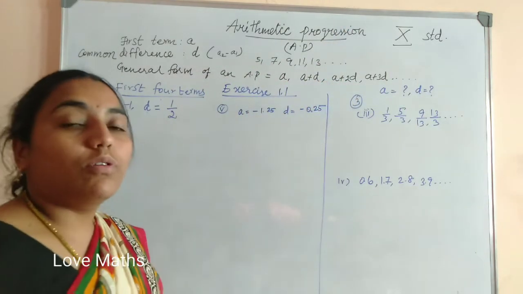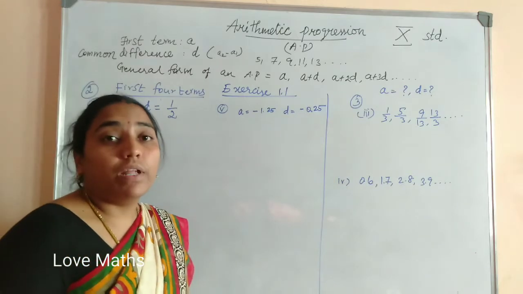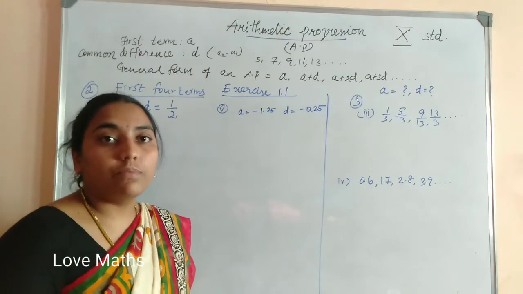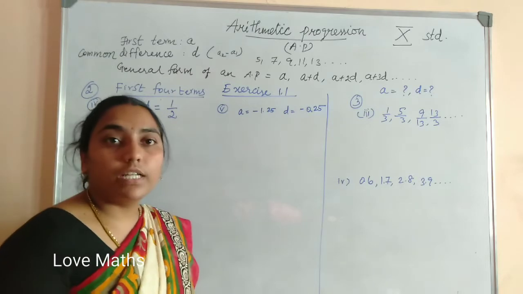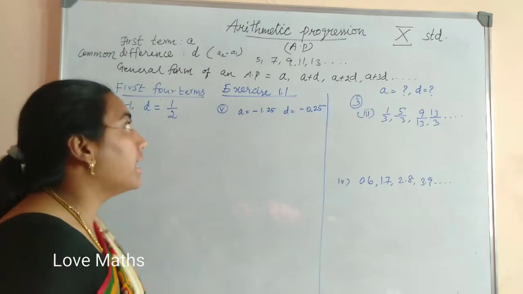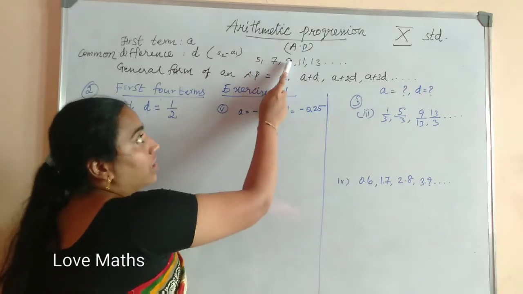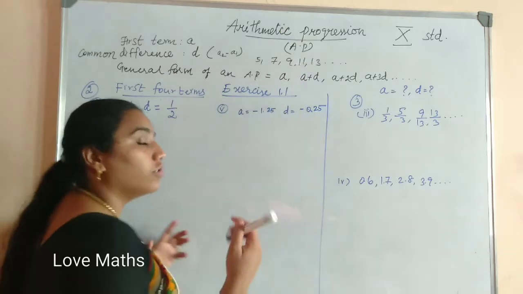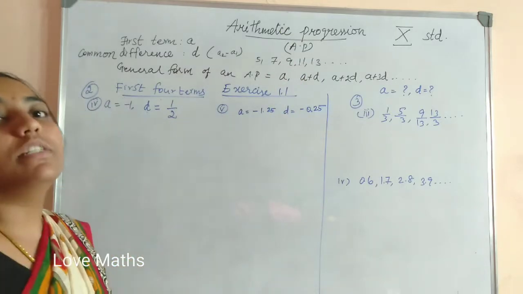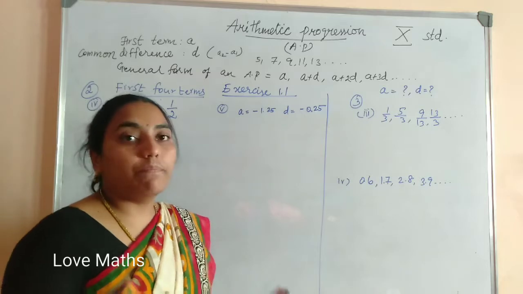So we have to subtract that. Difference means subtraction. When the subtraction is constant, meaning the same number continues, then the sequence is said to be an arithmetic progression. I have given one example. You have to check. 7 minus 5 is 2. 9 minus 7 also 2. 11 minus 9 also 2. 13 minus 11 also 2. So all the differences are constant, one fixed value. So it is an arithmetic sequence. This is the basic thought.